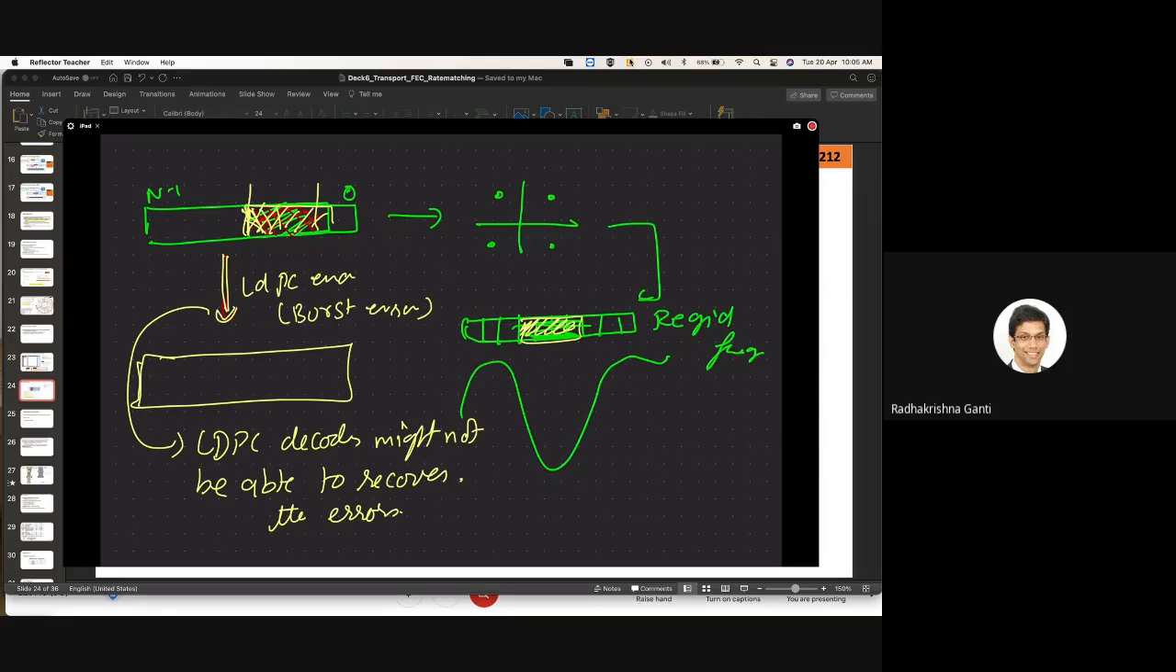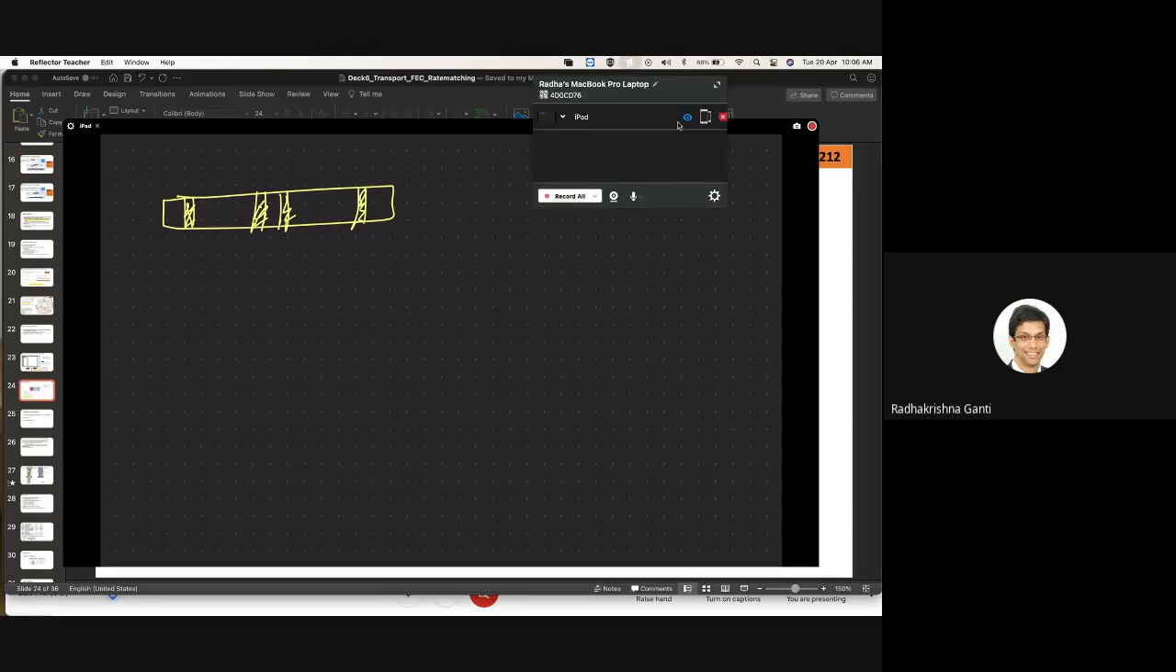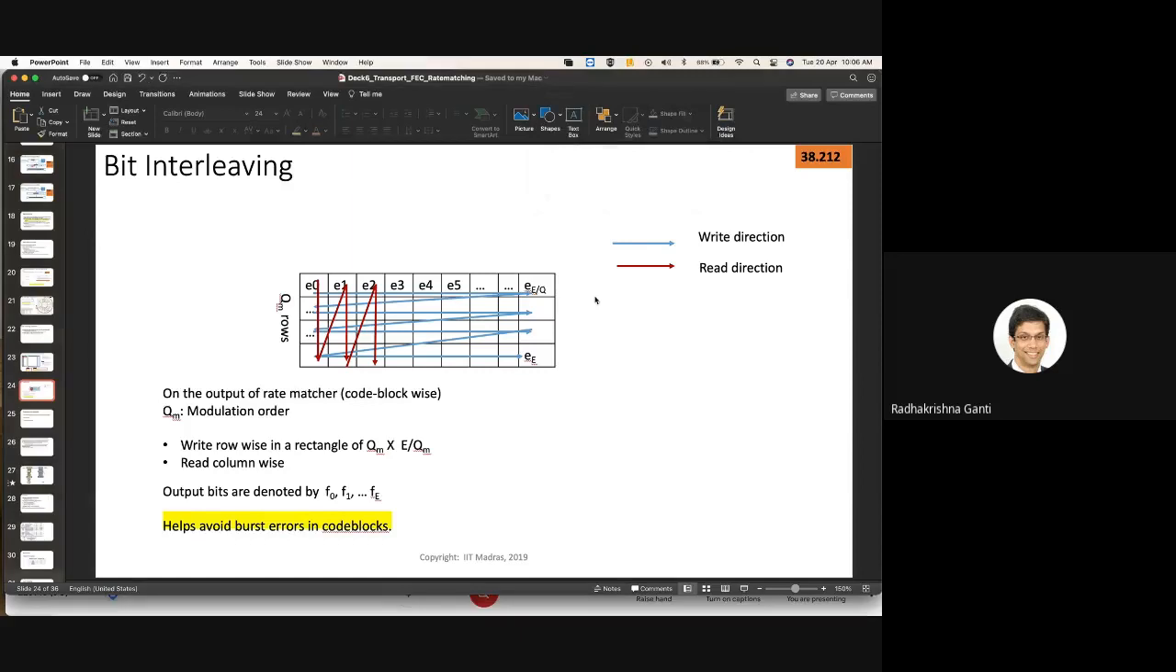What I'm trying to say is, the LDPC decoder may not be very good with burst errors. If on the other hand the errors were spread out in the LDPC code word, so this is what you receive, suppose the error was somewhere here, spread out like this, LDPC will perform better. On the other hand, if all the errors occur in one set of bits which are close by, the LDPC will not be able to decode. That is why what they do is